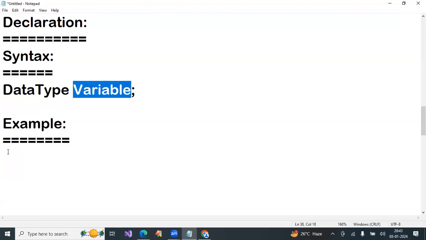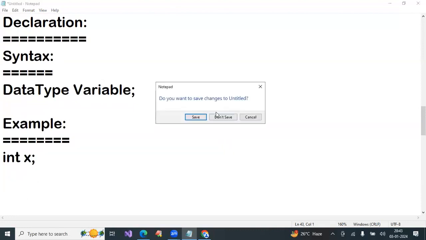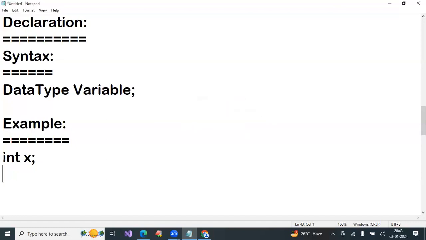Okay. Here, suppose the data type is int, variable name X, semicolon. It is a data type, it's a variable, it is the syntax. If you write like this, int will occupy 4 bytes. 4 bytes memory allocated for X. By default, 0 will be stored.